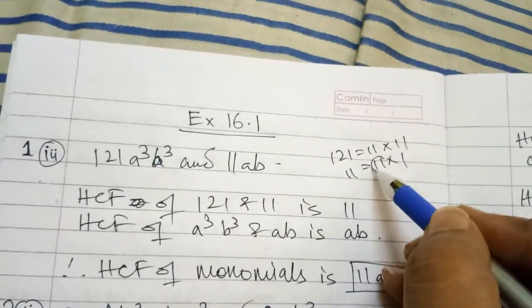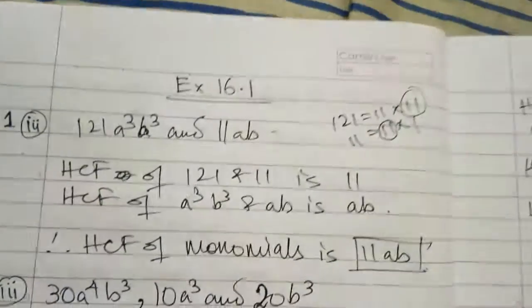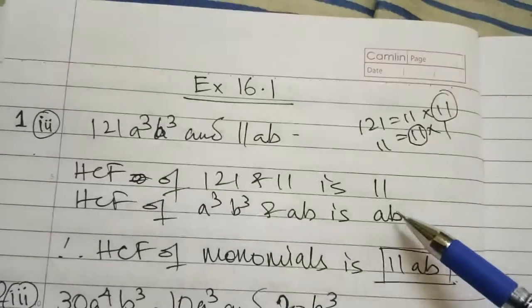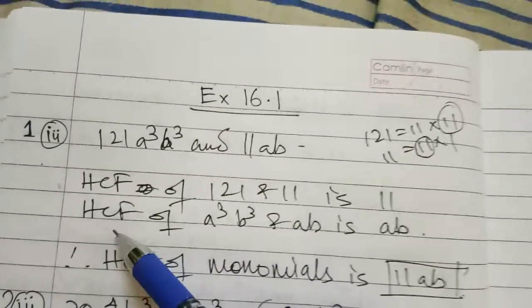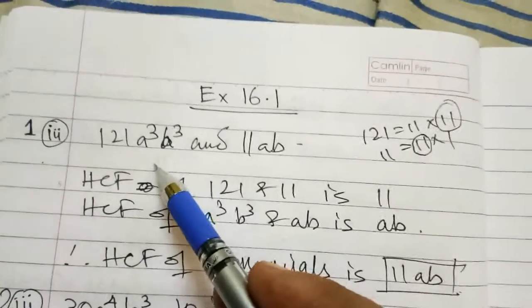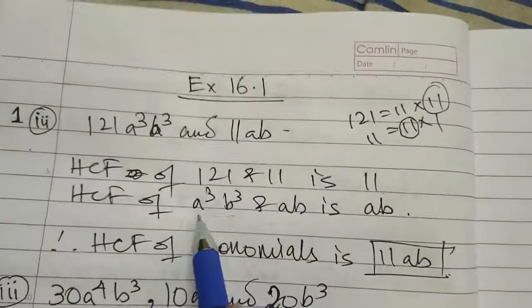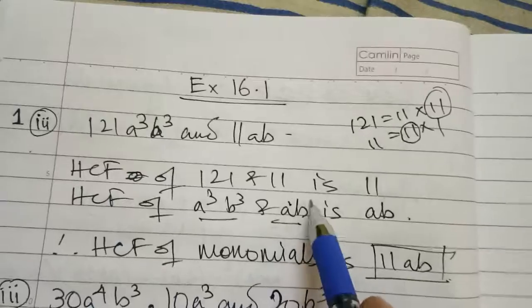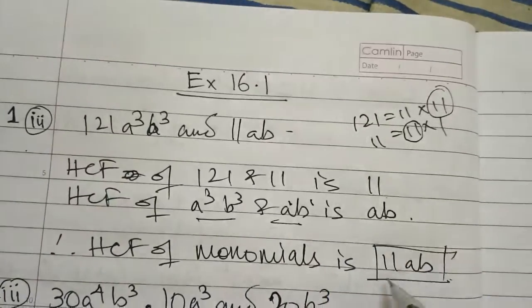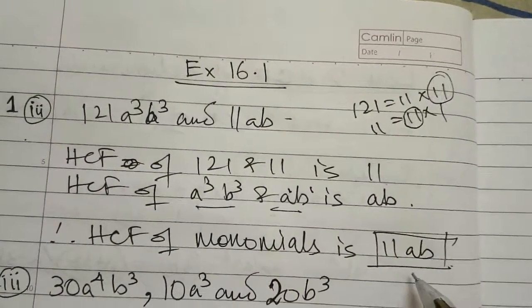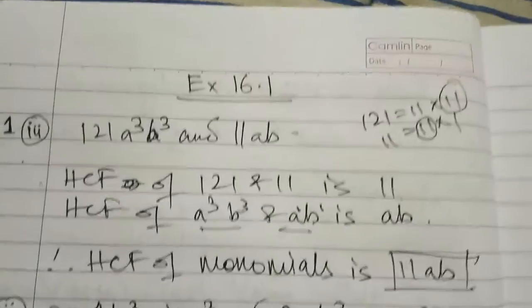Now see, what is the highest common factor? 11 and 11 is coming, the highest common factor. They have written only 11. Now we have told that for the variable, what we will do? We write down the lowest common power. Lowest common, both this one, lowest common is what? See, power is 1 and 1. They wrote AB. Then the final answer is 11AB for the monomials.